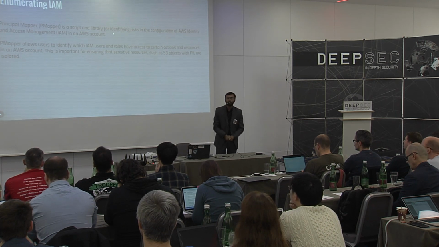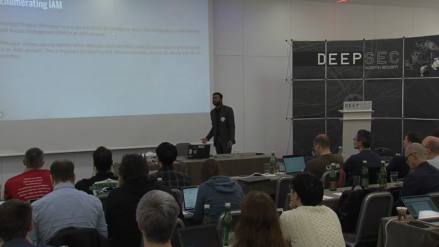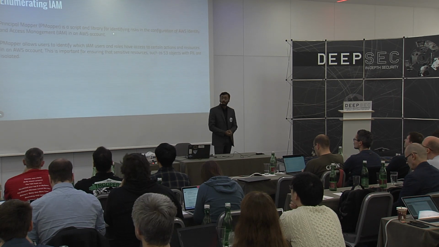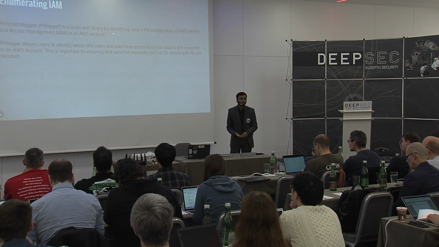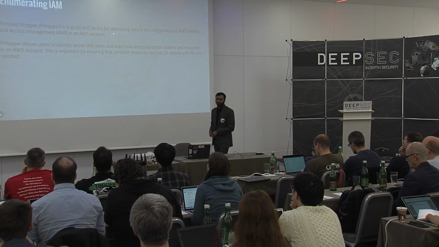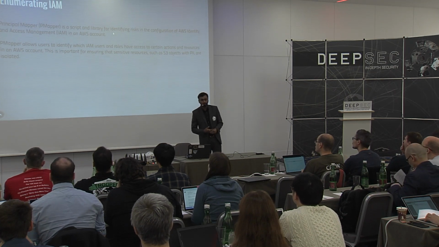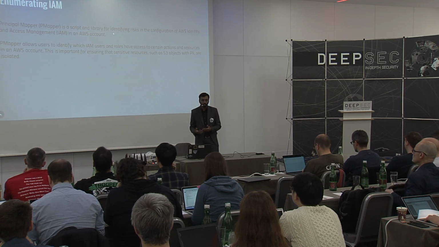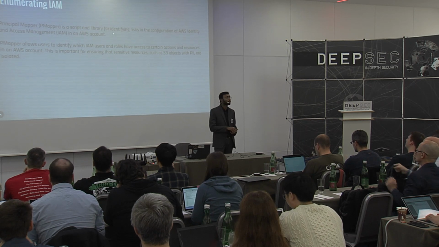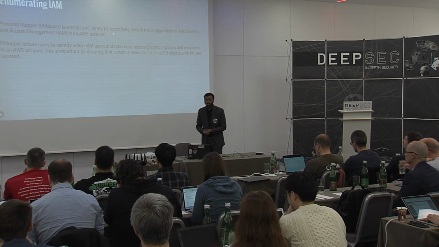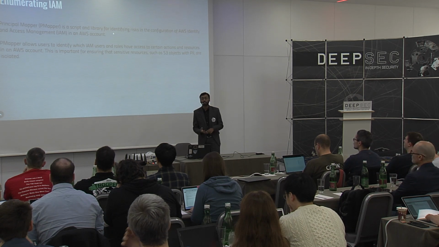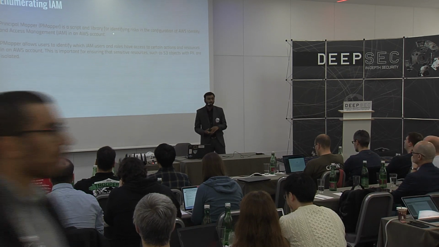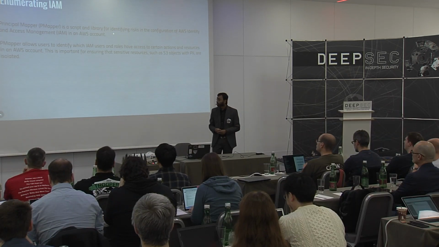So any of the tools that I will be covering are all open source tools. You can very well easily find them. And the tool that I use for enumerating IAM is basically Principal Mapper. It's basically a script, and it lets you identify risk and gaps inside an IAM configuration of your account. It also helps you identify which users and roles have what kind of privileges, and it helps you at the end of the day in securing sensitive resources like S3 objects or PII on these instances.